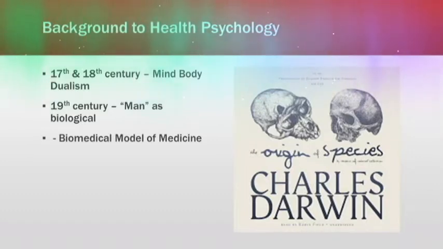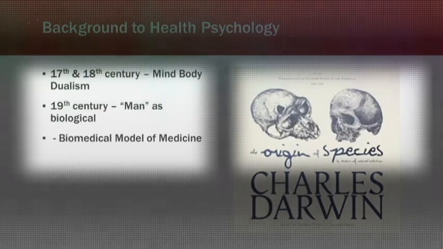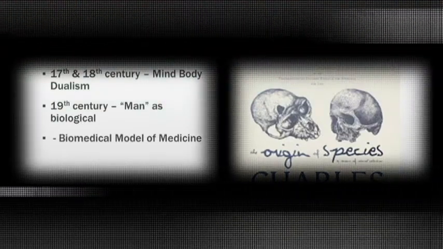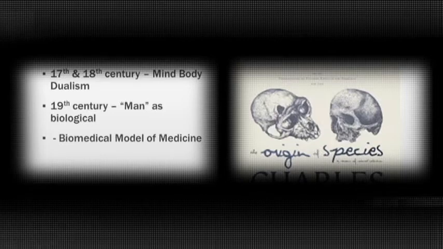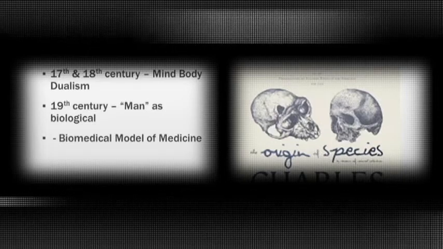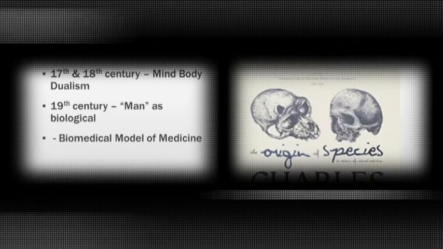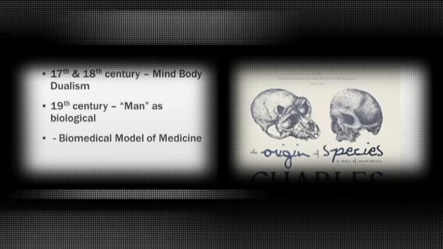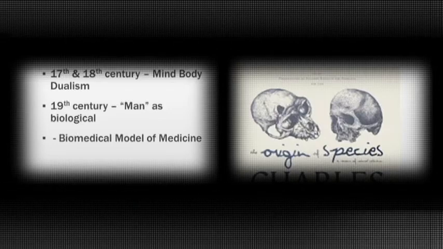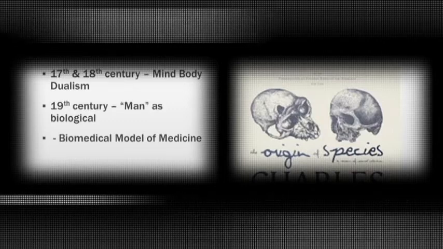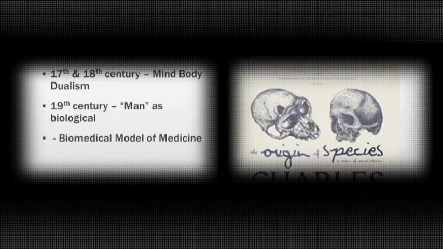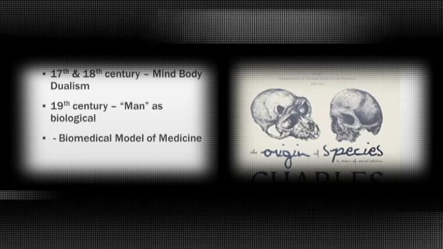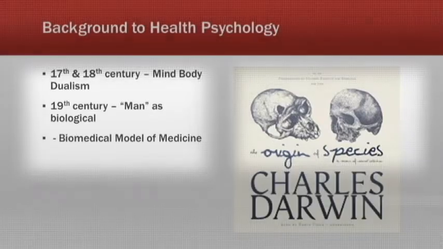Now, this revolutionary theory identified a place for man within nature and suggested that we are a part of nature, that we developed from nature, and that we are biological beings. This was in accord with the biomedical model of medicine, which studied man in the same way that other members of the natural world had been studied in earlier years. And this model described human beings as having a biological identity in common with all other biological beings.